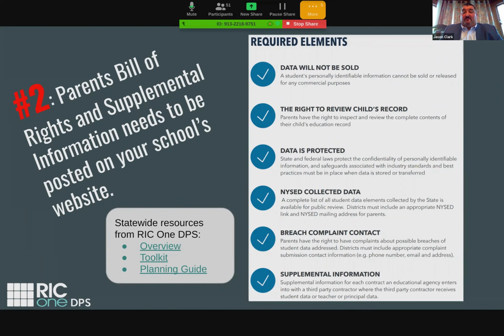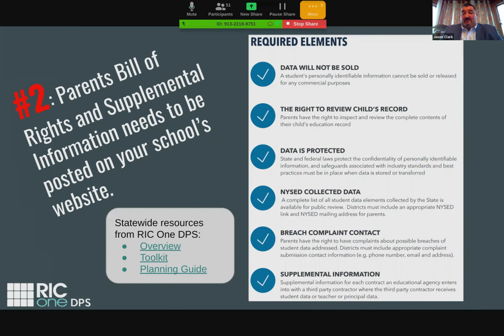As part of Ed Law 2D, there's a thing called the Parents' Bill of Rights and Supplemental Information. What this Parents' Bill of Rights does is it outlines exactly what districts are allowed to and not allowed to do with the student information, what data is collected, and what data is protected. Every public school district in New York State has this Parents' Bill of Rights and supplemental information, and as part of Ed Law 2D, it's required